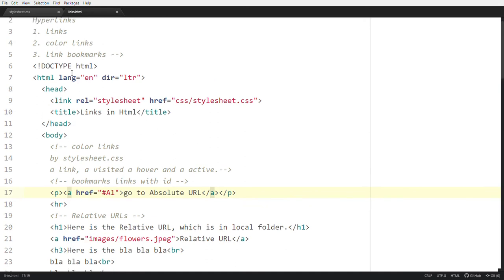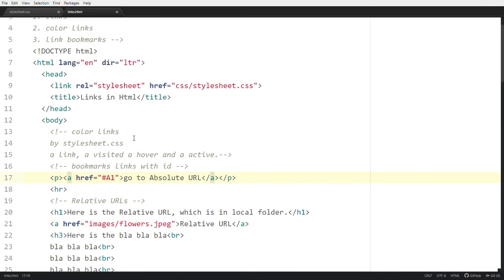Second one is color links. Whichever color you want the hyperlink to appear, you can set it using the stylesheet, CSS. Initially that is the normal link color, which color you want the link to appear on the web.